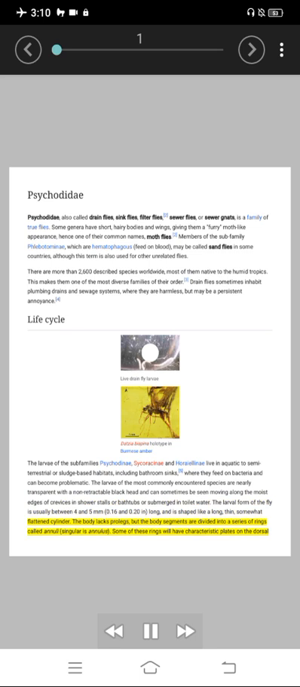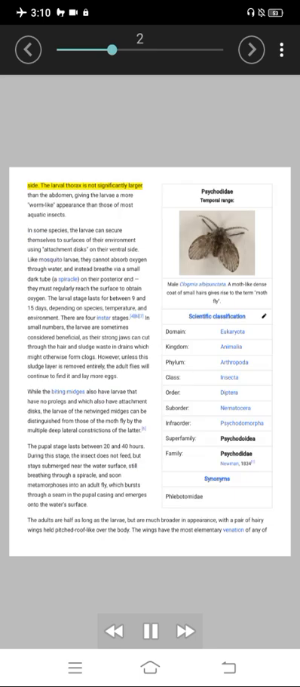The body lacks prolegs, but the body segments are divided into a series of rings called annuli, singular annulus. Some of these rings will have characteristic plates on the dorsal side. The larval thorax is not significantly larger than the abdomen, giving the larva a more worm-like appearance than those of most aquatic insects. In some species, the larvae can adhere themselves to surfaces of their environment using attachment discs on